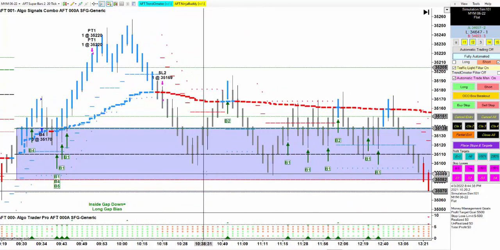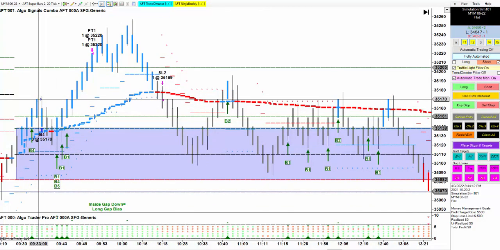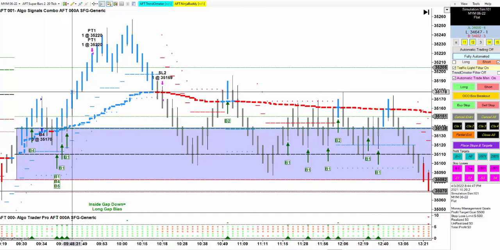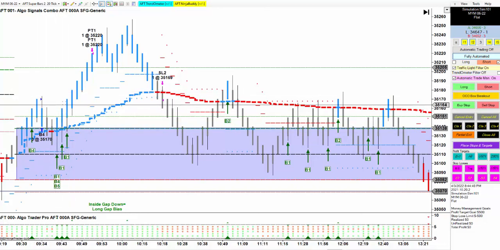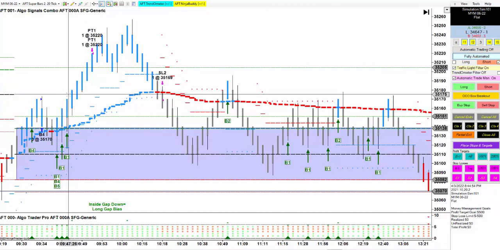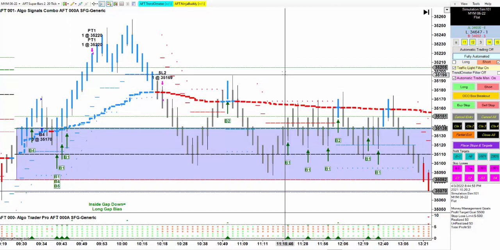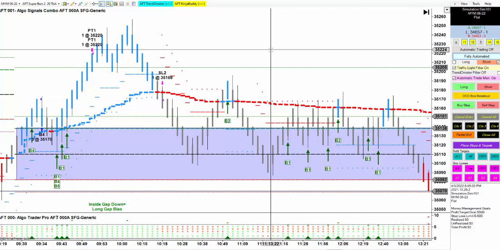And you can see how very, very choppy things got. In fact, when we got in here, this took about 15 to 20 minutes before we made a new morning high. So that took a lot of time just to sit there and wait for that market to start actually moving in that direction. It was not a lot of momentum behind the market. So sometimes you have to, especially if you've got some experience and you've got a feel for the market, there's days where there's news, there's days where there's no news, and we have indicators that tell us when things are going to be more choppy